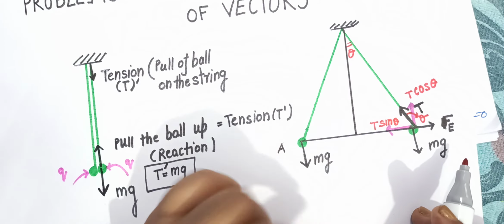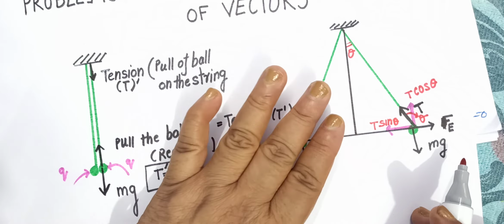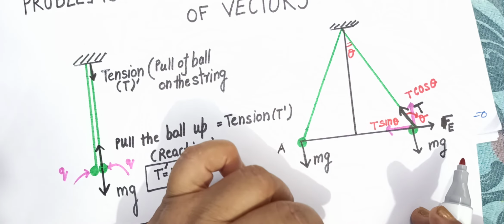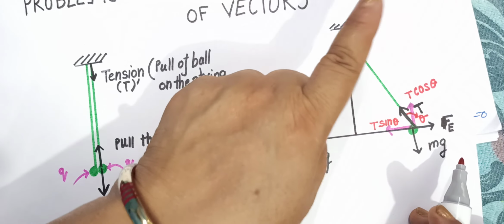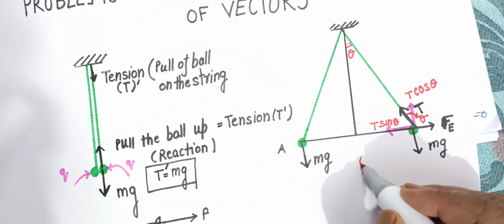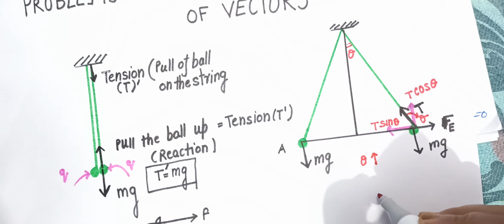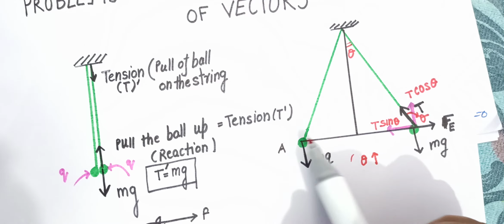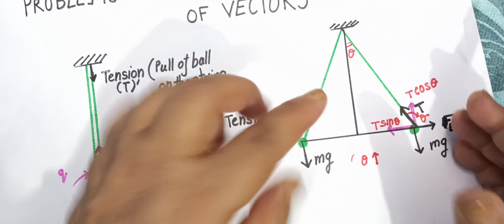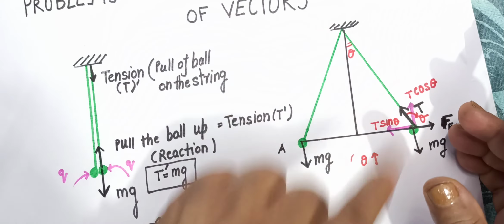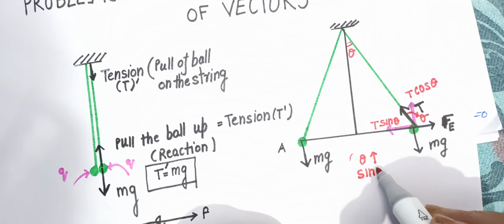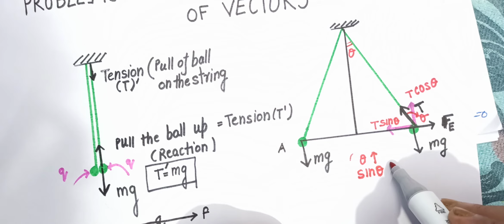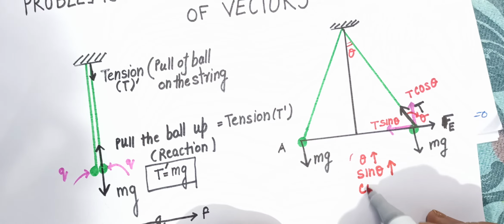Keep on writing all the important points which I am mentioning here, because you will not get these fine points of mechanics anywhere else. So now another important point. When theta increases, why am I saying when theta increases? Because when A and B are moving away from each other, the theta from the vertical will increase. When theta increases, what is the nature of sine theta? Sine theta also increases, but cos theta decreases.